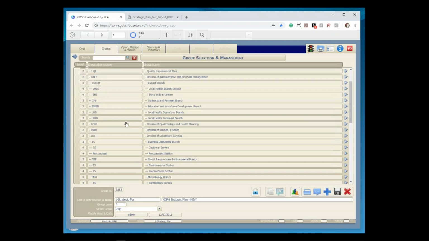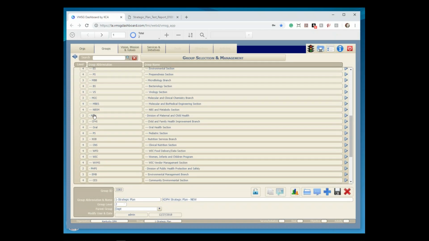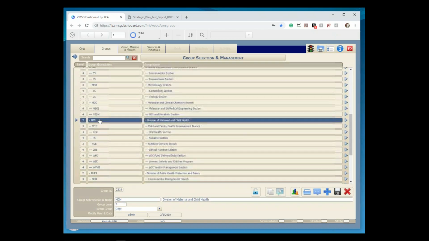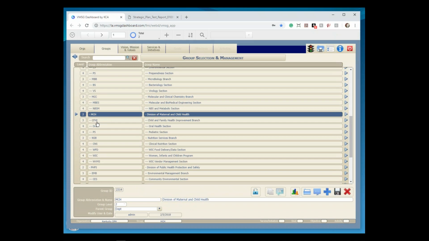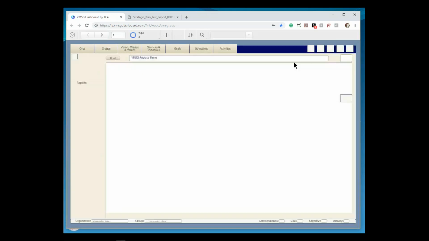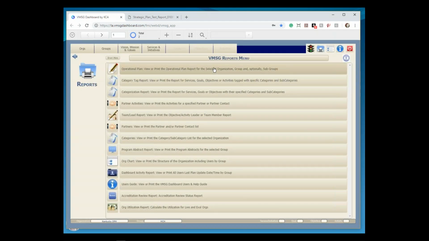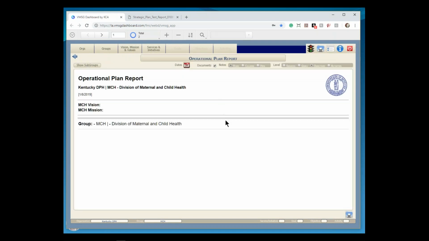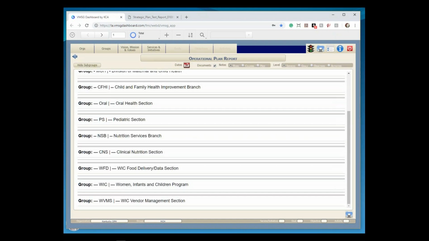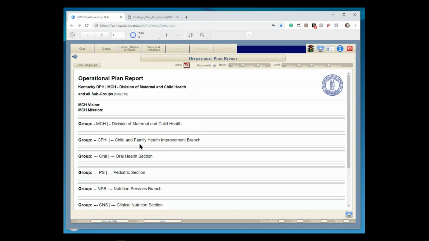Where that's typically used is where you have multi-level groups. Let's go back to your groups and see. Under here you have maternal and child health, and then under that you have child and family improvement branch, and underneath that you have oral health and pediatric section. If I were to select this one, I don't even know if there's anything under there, let's find out. Try a report there, operational plan. Okay, so all we're showing is the group. If I were to hit the show subgroups button, it should show me all the groups that are under